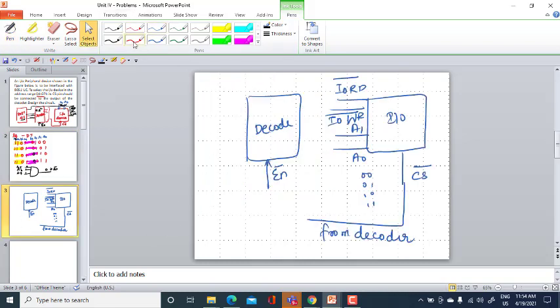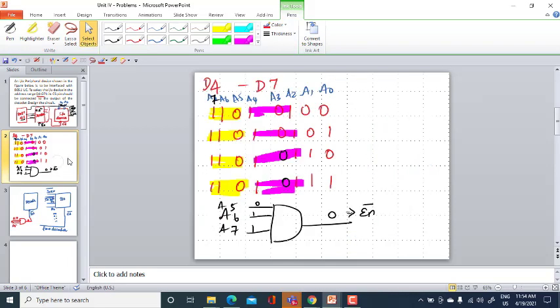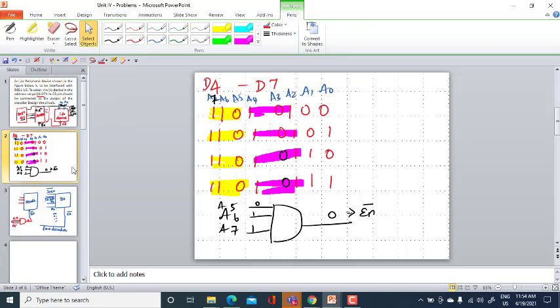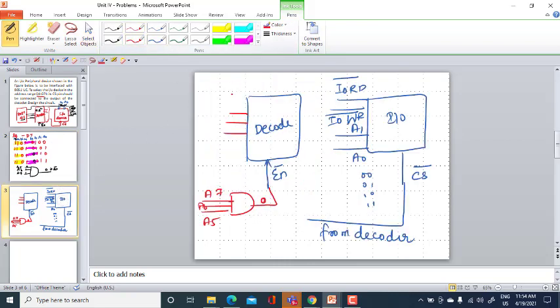This will be 0. This can be connected to an active low enable signal. Okay. So the enable signal, now it can be connected to A7, A6 and A5. Obviously this has to be 0, that will be connected to your enable signal. So what are the other things left? A2, A3 and A4. Let me take this input as these three for the decoder, namely A2, A3, A4.